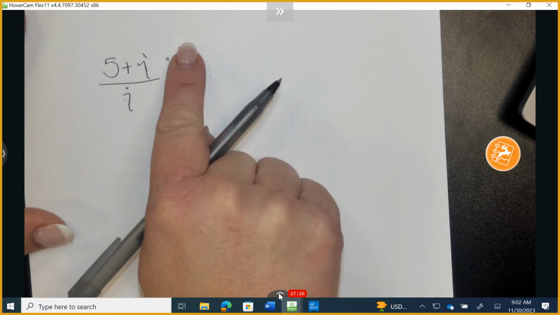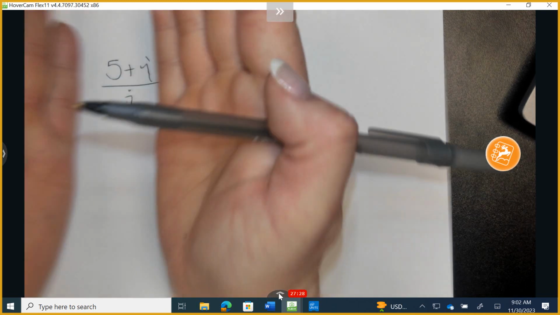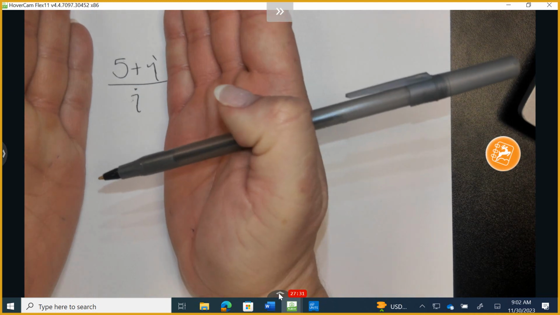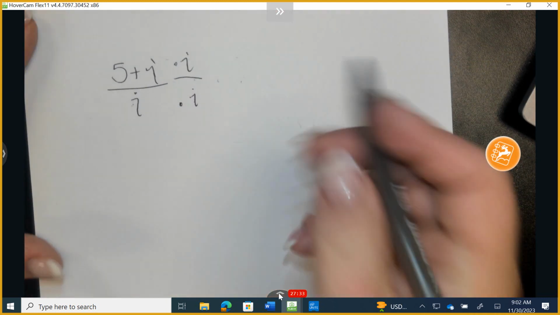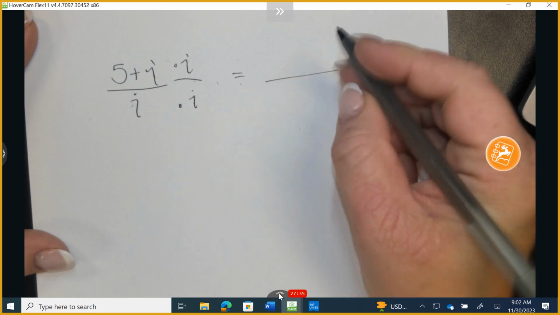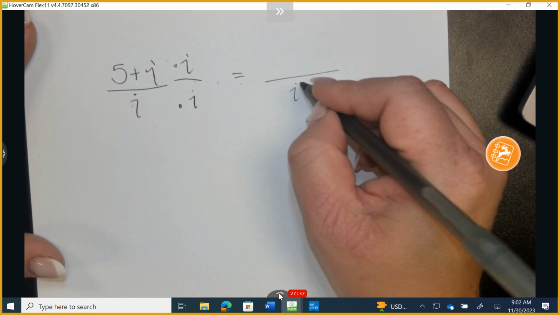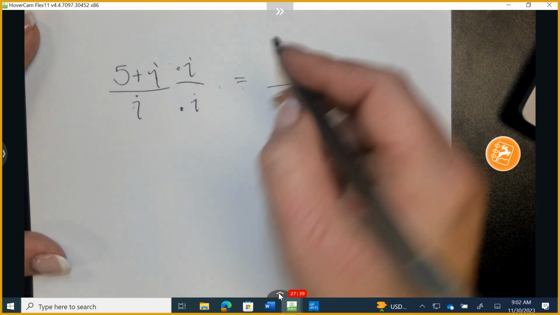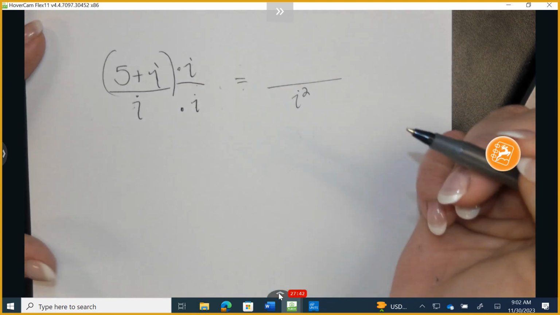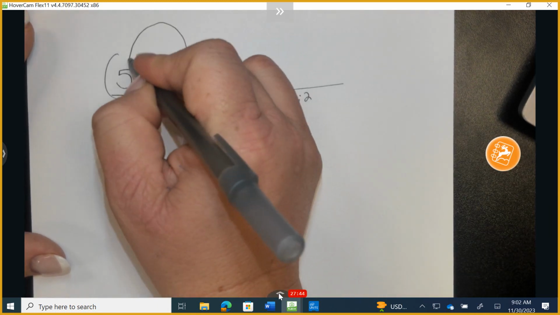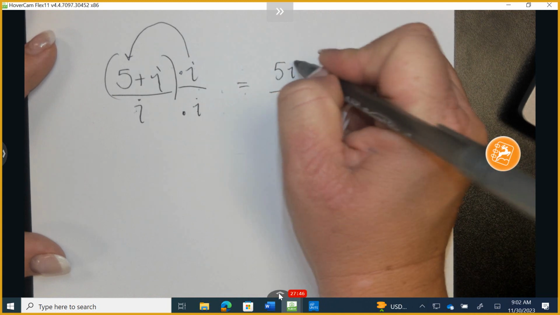If we multiply the top and the bottom by the same quantity, it will not change the value of the original fraction. Why would I do that? Because now how many i's do I have in the bottom? I have i squared. There's 2 i's. I squared when I multiply. On top, I'm going to distribute this to get 5 times i